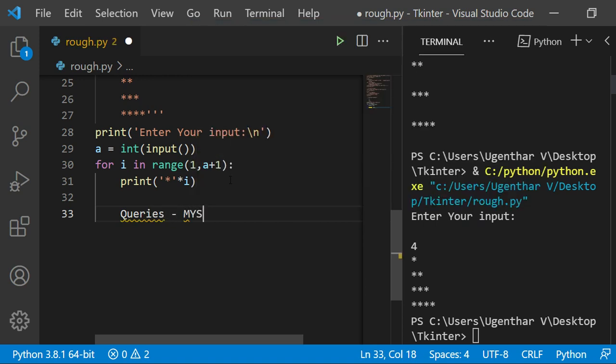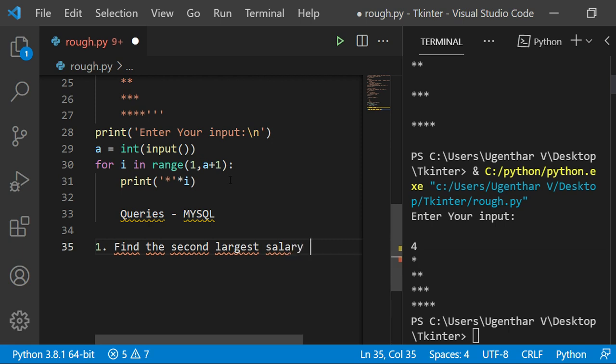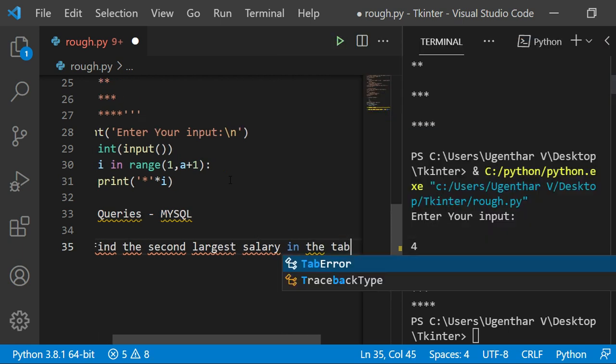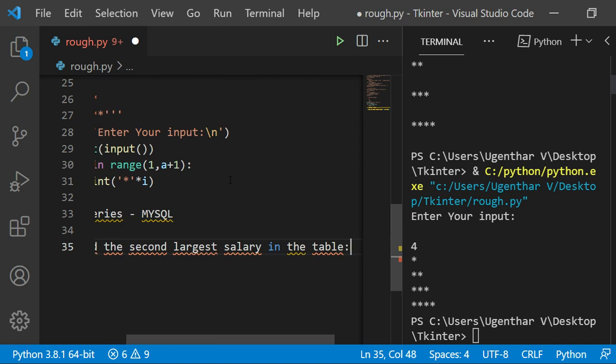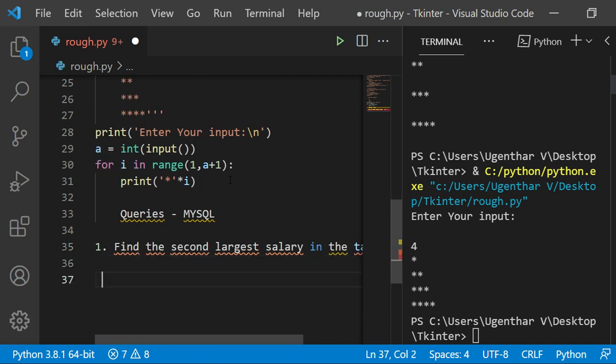Let me explain what questions she asked, and I will give the answers for these too. The first question is to find the second largest salary in the table. Let me explain how I wrote the query for this.